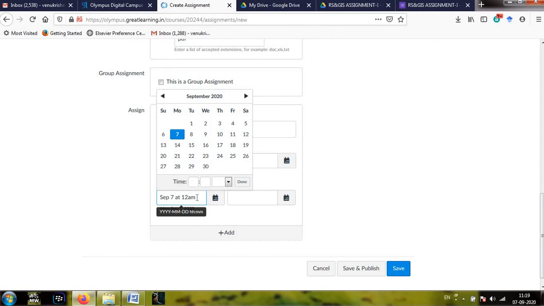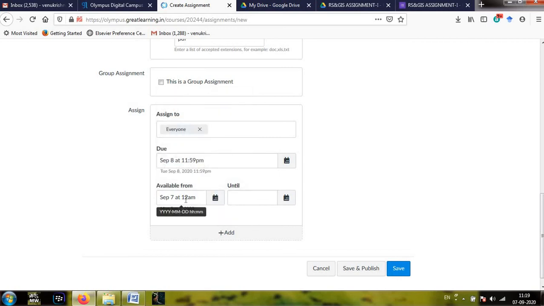No need to type any time. If you have any time in mind, like today's evening 6 p.m., you can select that particular time here by clicking and typing the hours, minutes, AM or PM. I don't want to edit this, so I'm going with the system's basic time.